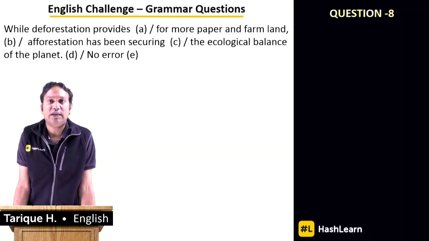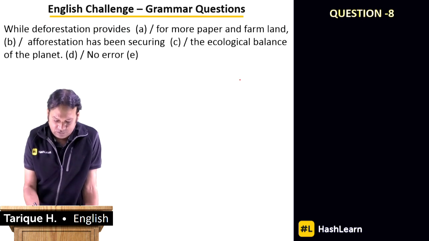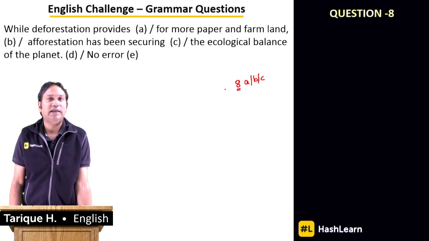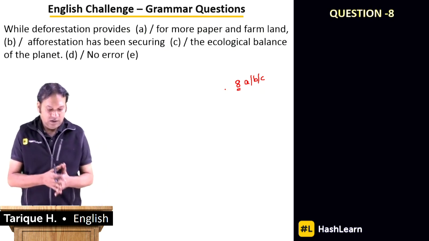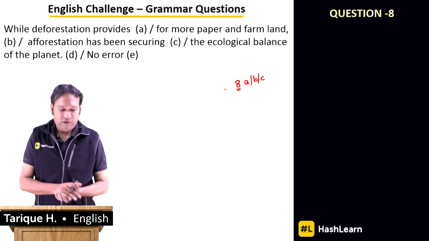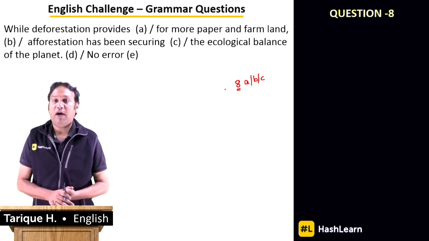What you could do, students, is when you're posting the answer, you can also post the question number. For example, if you're posting the answer for question number 8, please post the answer as 8A or B or C, like that. Okay, so put the question number along with your answer so that I can understand you're posting the answer for which question. Okay, so while deforestation provides for more paper and farmland,